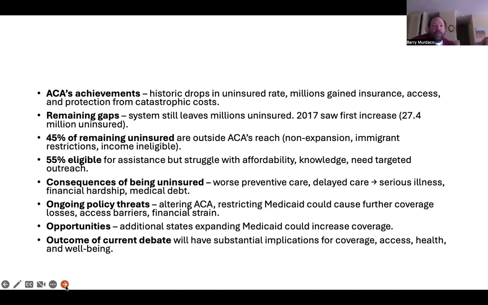ACA's achievements. Historic drops in uninsured rate, millions gained insurance, access, and protection from catastrophic costs. Remaining gaps, system still leaves millions uninsured. Again, as we've already said, 45% of the remaining uninsured are not eligible for coverage under the ACA. 55% are eligible for assistance, but struggle with affordability, knowledge, and need targeted outreach. So even people who could find some kind of coverage under the Affordable Care Act still find the cost to be